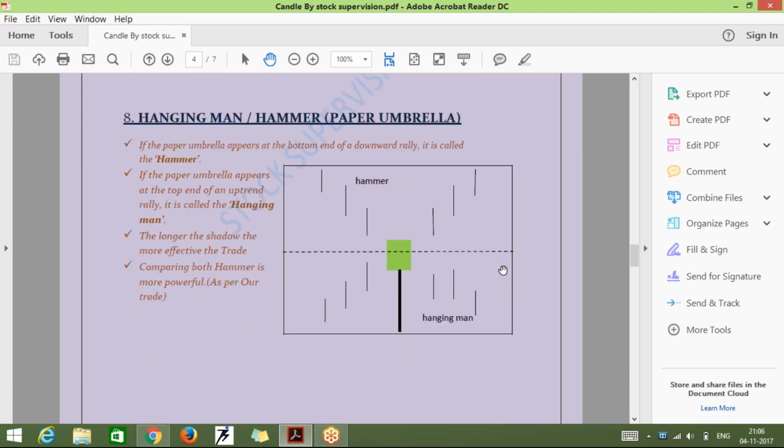Then a hammer formation suggests a long trend, in the sense of a buy. The trader's entry depends on the risk appetite of the trader. Again, the risk takers can buy on the same day. You can buy, the shadows are not to be taken. You can buy exactly at this price at the close and give a stop loss at the open, and you can trade.